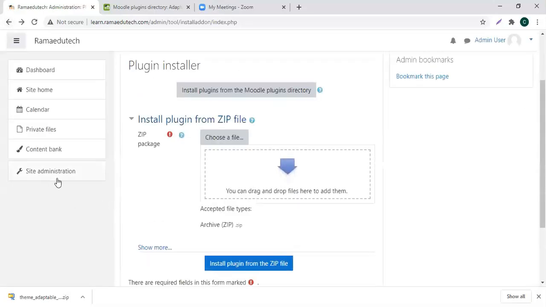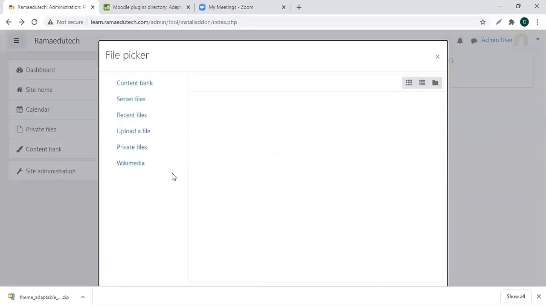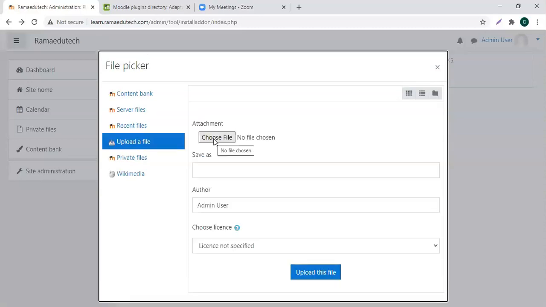Okay, so when you go to site administration, click on plugins, install plugins, you are redirected to this page. From here, go to choose a file, upload a file. Choose file.